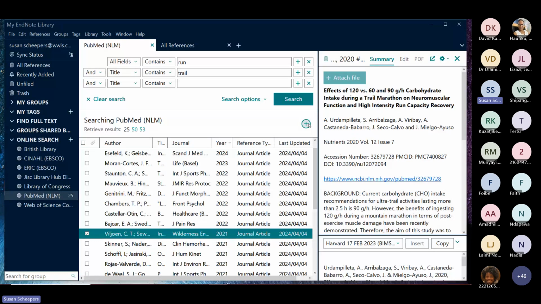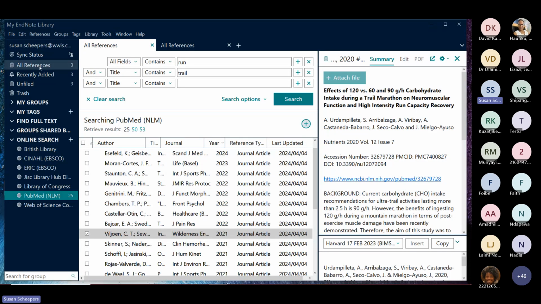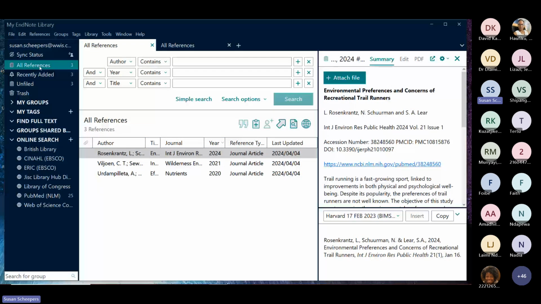So add the selected online library records to your online library. And now on the left-hand side, you'll see that I've got all references, I've got recently added references and unfiled references. If I click on all references, it's just going to display the 3 references that I've selected. Okay, so that is one way